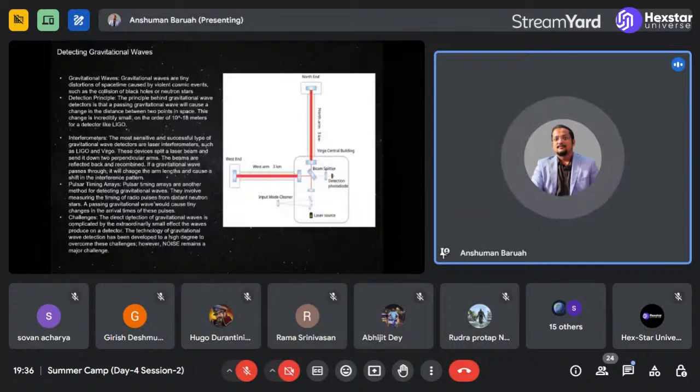But the most important challenge in detecting gravitational waves is noise, because you might not know, but the detection of gravitational waves is the most sensitive experiment conducted in the history of modern science. So it is sensitive to very, very tiny fluctuations. For example, you know that the Earth experiences earthquakes.